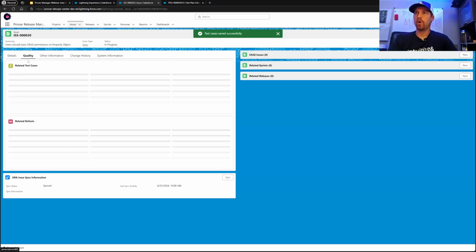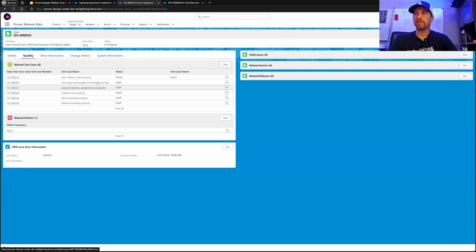And now if we go into our Quality tab, we now have some related test cases that are initially in the draft phase. So they're in draft right now because they're not fully fledged test cases, but we need to go in and actually build those out. So we'll go into our test case here